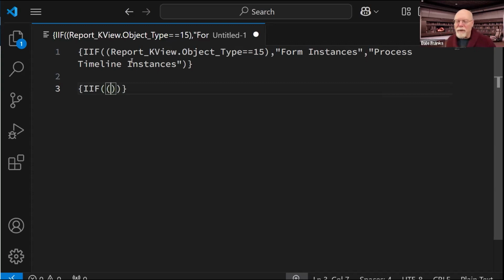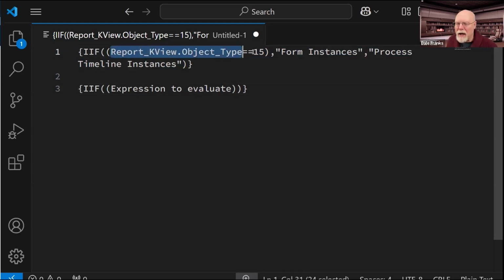And so the first thing I have to do is put in the test to evaluate. This can be any expression. In fact, I should probably call it expression to evaluate. In my case, we're just looking at the data and we're seeing whether it equals 15. And yes, the double equal signs are really important.